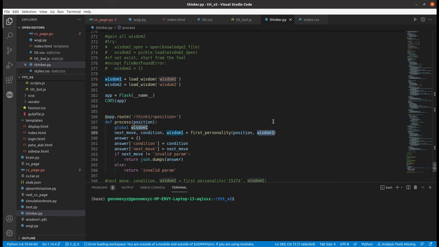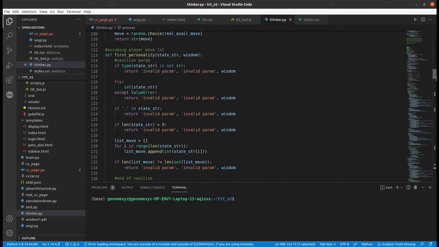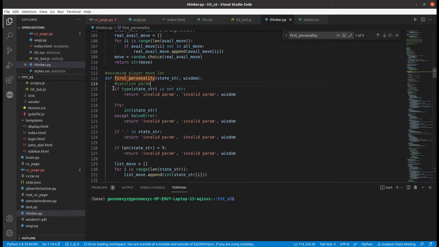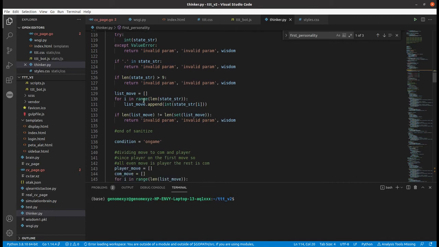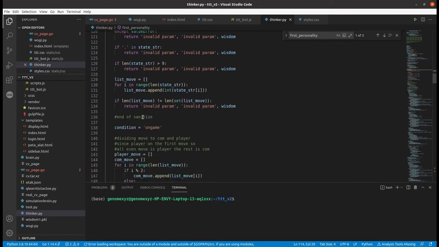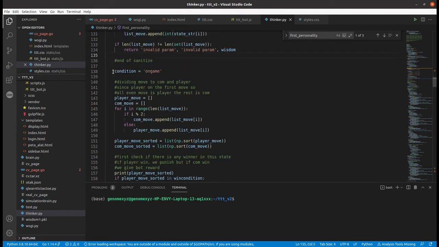And here is the key table, our current key table. Let's look at this function. So here first I try to sanitize the parameters, so I make sure that all the parameters that I will process in this function are valid. So first, the default condition is on game,